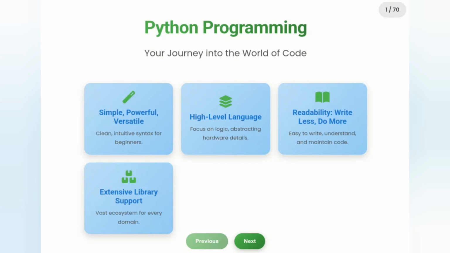Everyone, and welcome to this comprehensive Python tutorial. Python is undoubtedly one of the most popular programming languages today, and for good reason. It's incredibly simple to use, packed with features, and backed by a massive ecosystem of libraries and frameworks. Its clean, intuitive syntax makes it incredibly beginner-friendly, allowing you to focus on the logic rather than getting bogged down